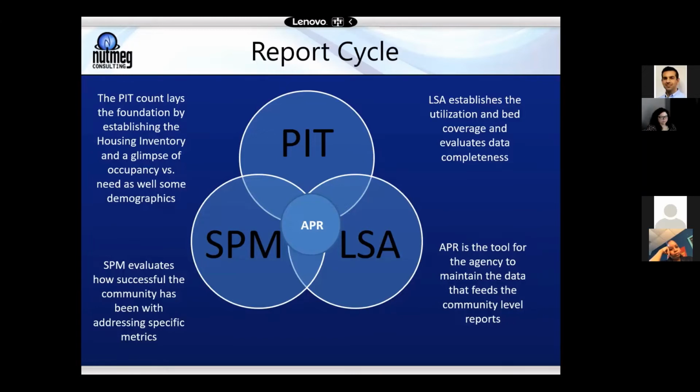Again, as far as if the program is designed to serve families, is your inventory reflecting that? And then it does have some overlap with SPM and APR on data quality points that it looks at, but LSA really also pulls in housing inventory, which again ties back to the annual PIT process. So again, a very tangled web